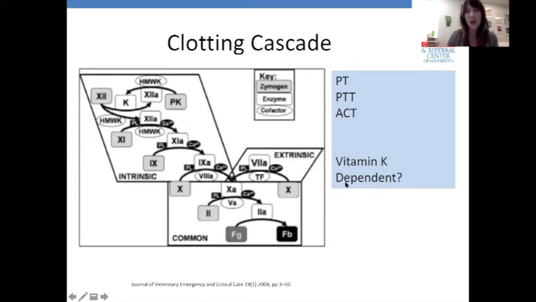Okay. So yeah, think about which factors may be vitamin K dependent, and then we'll have our answer here in a moment. Oh, do I have to click something? Yeah,